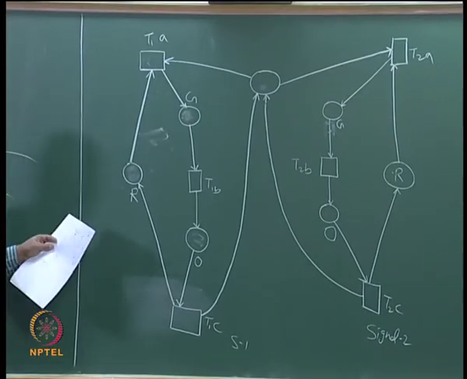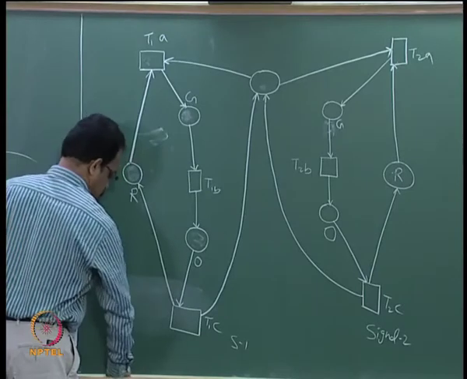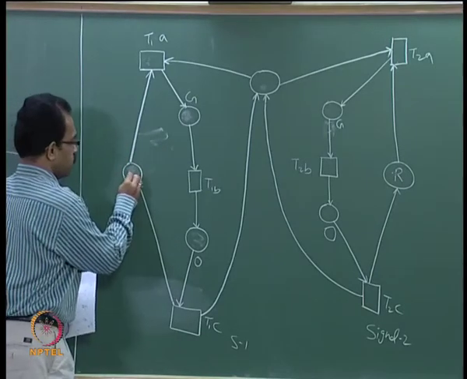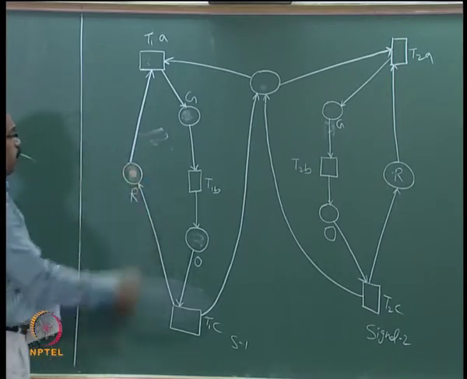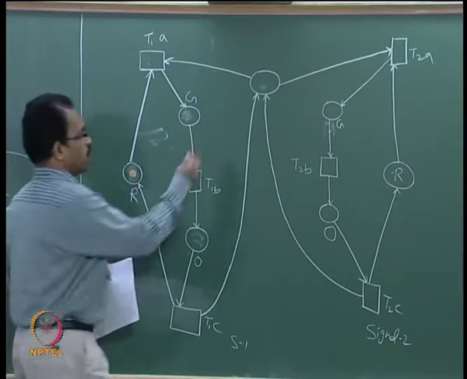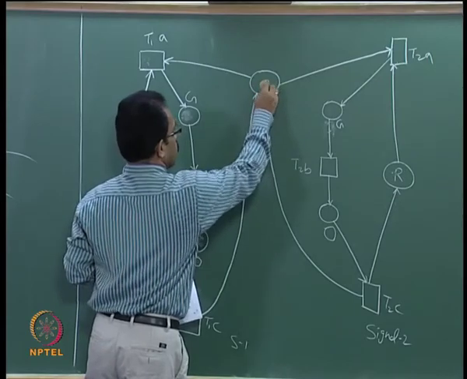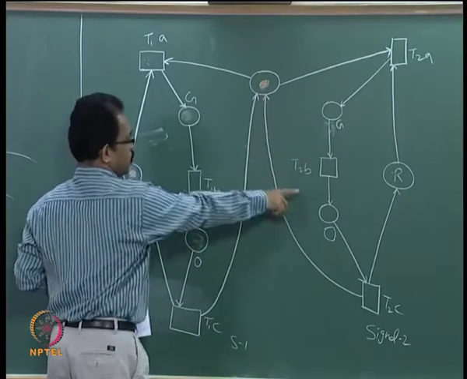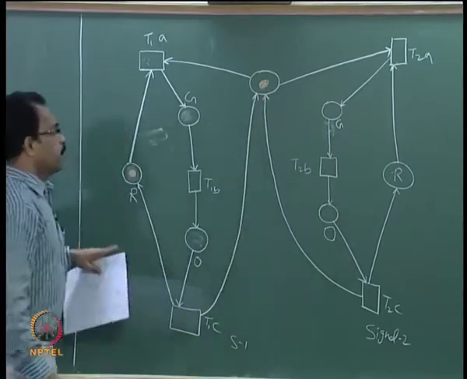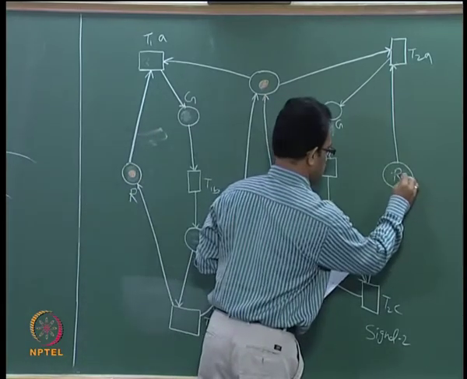So we will represent this here. Suppose you have an initial token available here. Suppose this is the initial situation. You have a token available here and a token available here. That means both are red. When you have a token available here, that means both are red signal now. So you have a red signal here and a red signal here, so you have a token over here also.